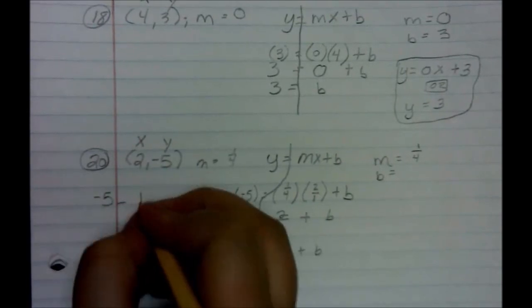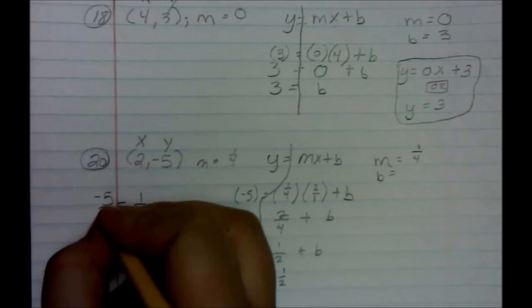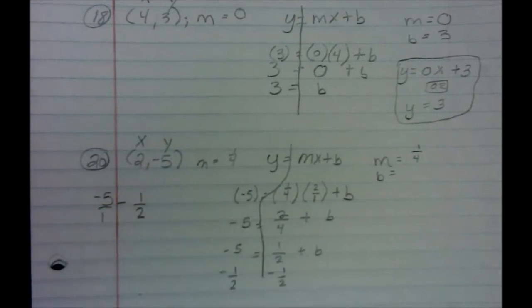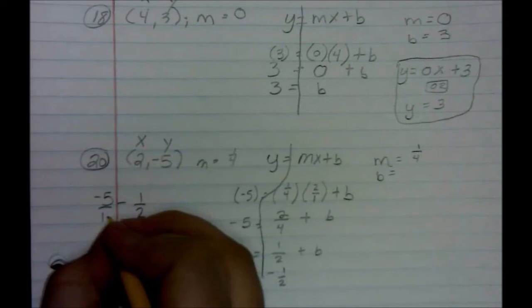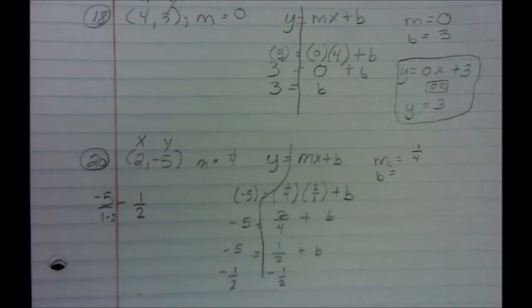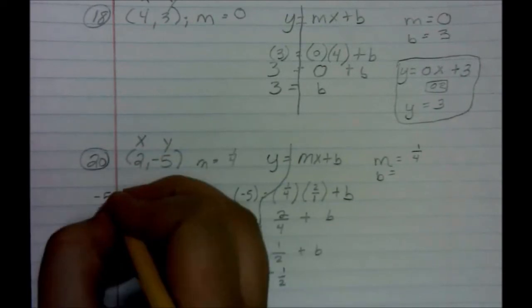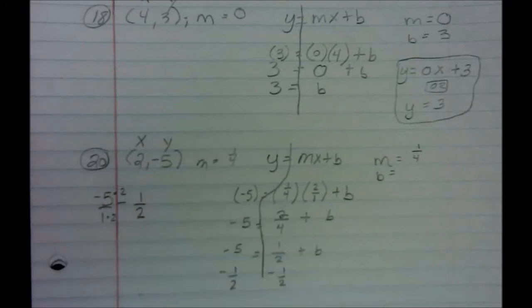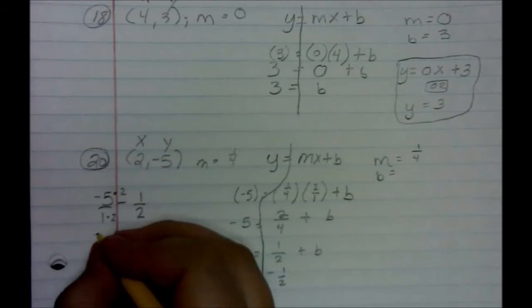Again, I'm going to put that 5 over 1 so I can see my numerator and denominator. And in order to add fractions, I need to have a common denominator. So I multiply this side by 2 and your numerator by 2, because what you do to the denominator, you have to do to the numerator, which will give me -10 over 2